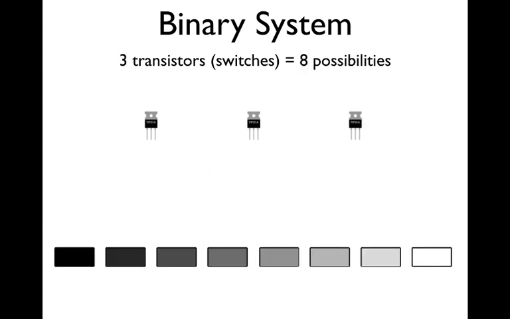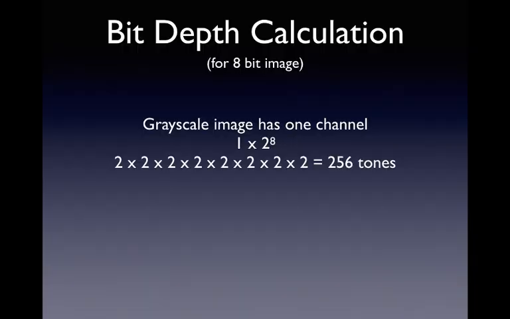So again, this is how your images work. The way you calculate bit depth is it's always these 2's. How many times do you multiply 2 times 2? In an 8-bit image, you do it 8 times. So if you look at this here, this is 1, 2, 3, 4, 5, 6, 7, 8 2's. And if you do 2 times 2, you guys are all mathematicians. You can all count this out with me. What is 2 times 2? 4. Exactly, times 2. Times 2, times 2, times 2, times 2, times 2,